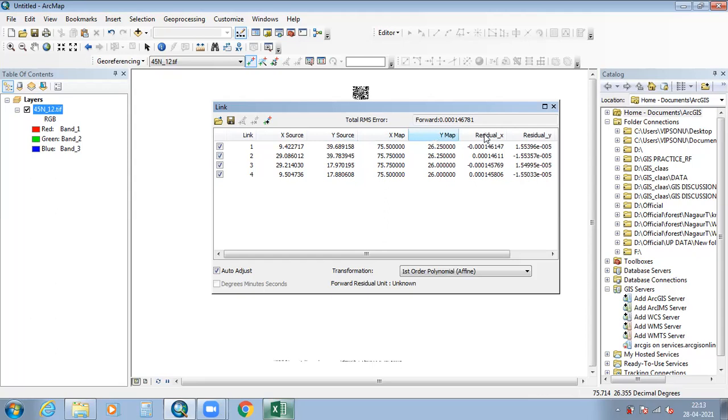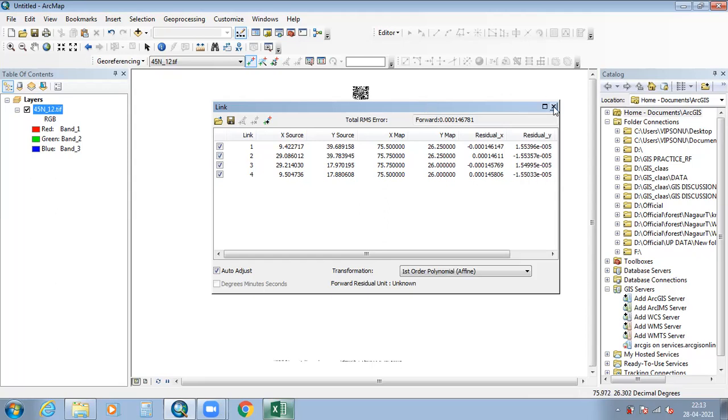Residual x and residual y are the errors that the software has calculated. The total RMS error is 0.0001, which should be less than 0.01. It means our georeferencing process is accurate.